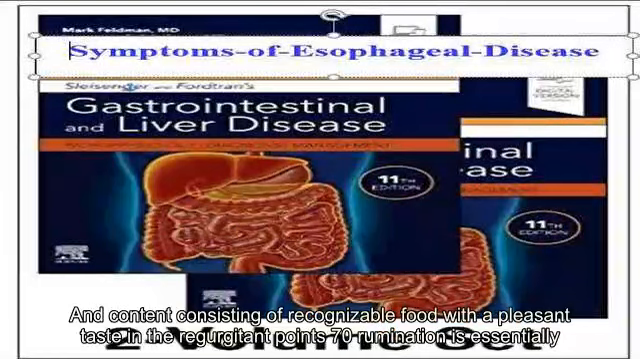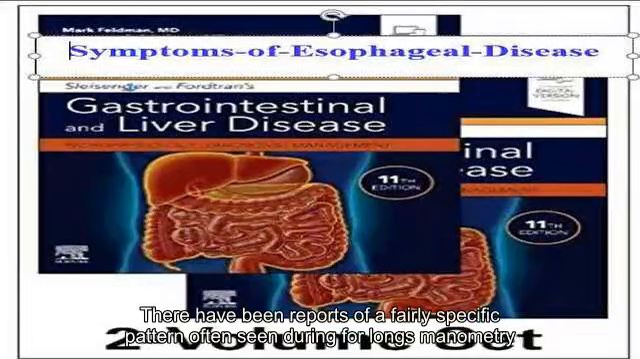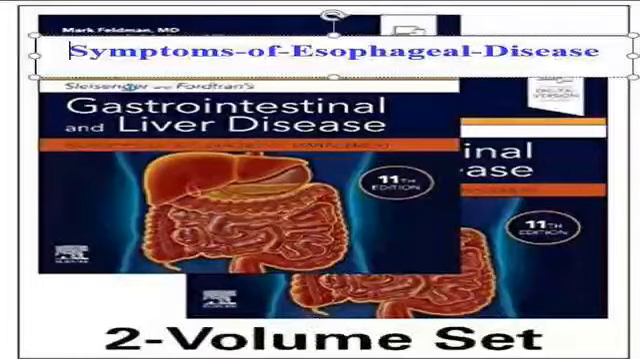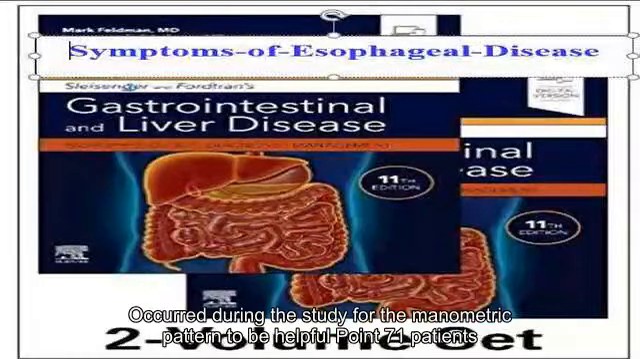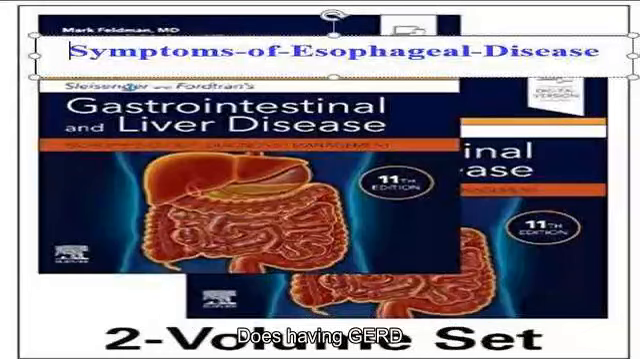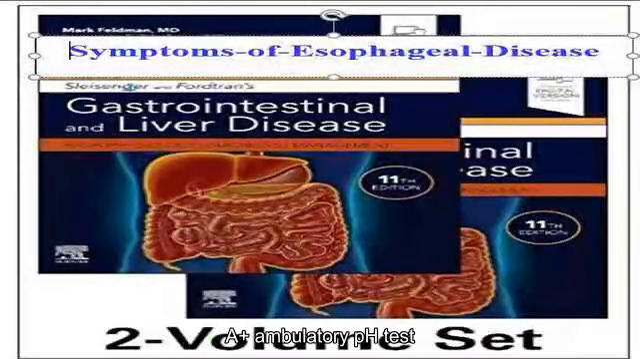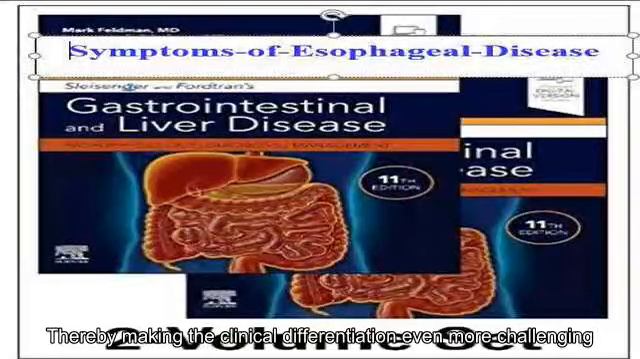Rumination is essentially a diagnosis of exclusion when there is clinical suspicion. There have been reports of a fairly specific pattern often seen during prolonged manometry, although an episode must occur during the study for the manometric pattern to be helpful. Patients with bulimia sometimes report regurgitation and may be mistakenly diagnosed as having GERD, see Chapter 9. Both rumination and bulimia may produce esophagitis, a positive ambulatory pH test, or both,